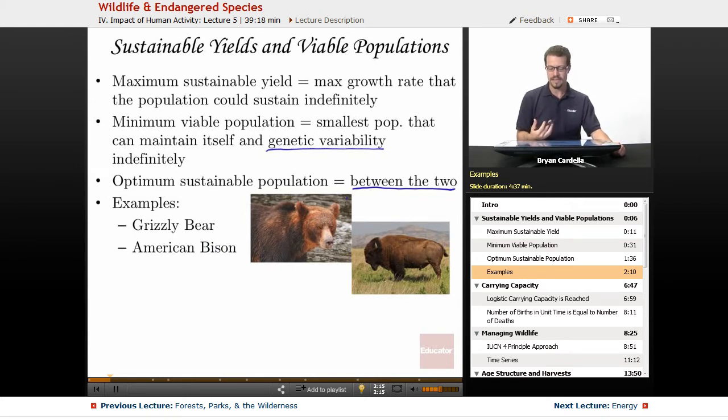The grizzly bear is fascinating to me. I live in California. It's on the state flag, but there are no grizzly bears in California anymore. There used to be a lot of them in the United States. Not so much anymore. You have to go up into Canada for a good chance of seeing a grizzly bear. So they are definitely endangered.